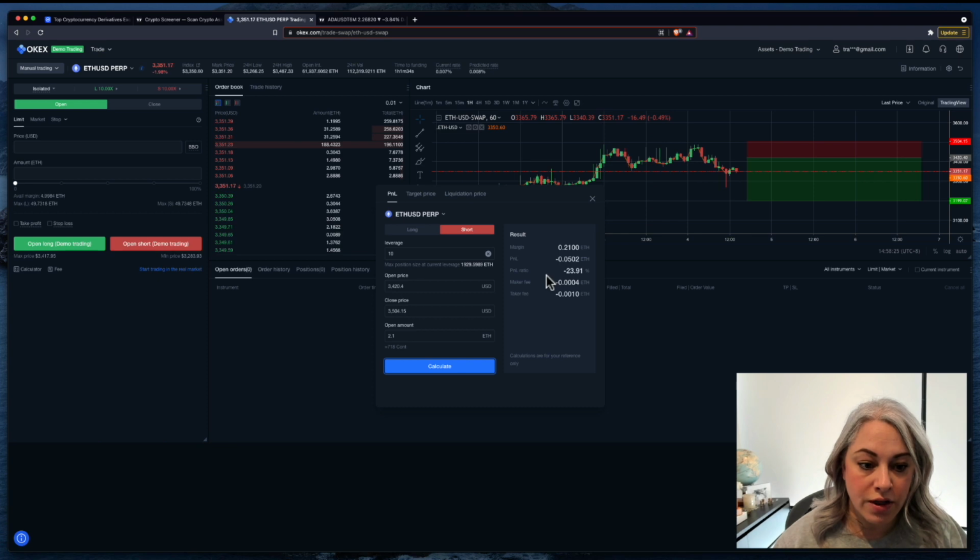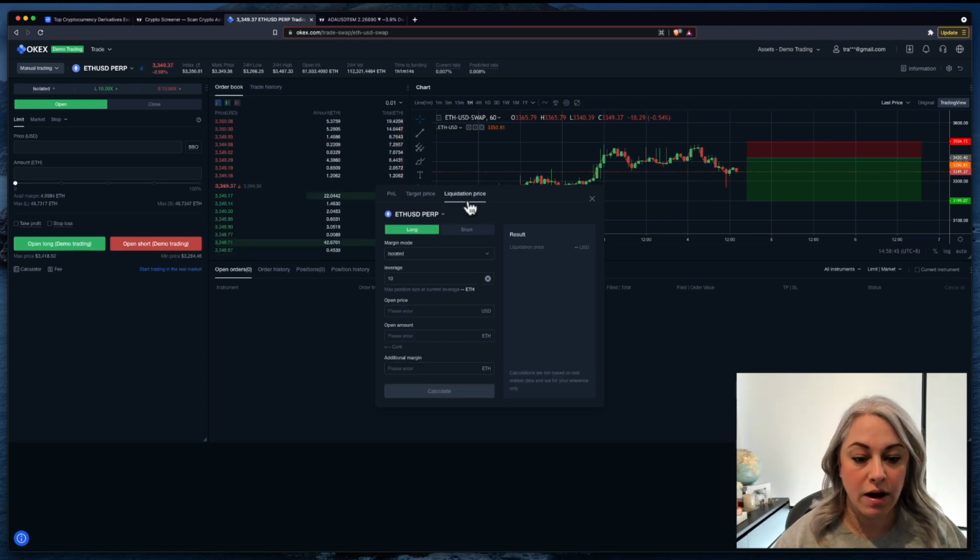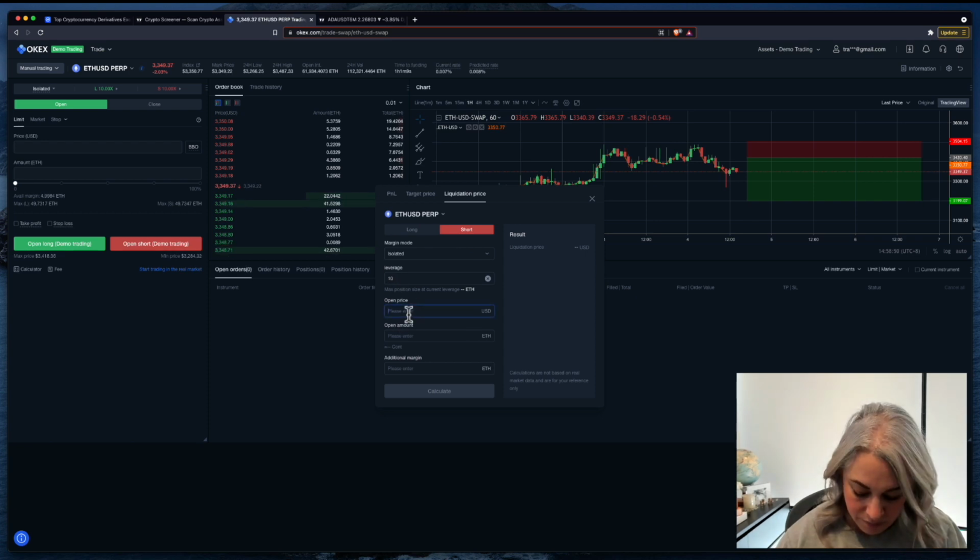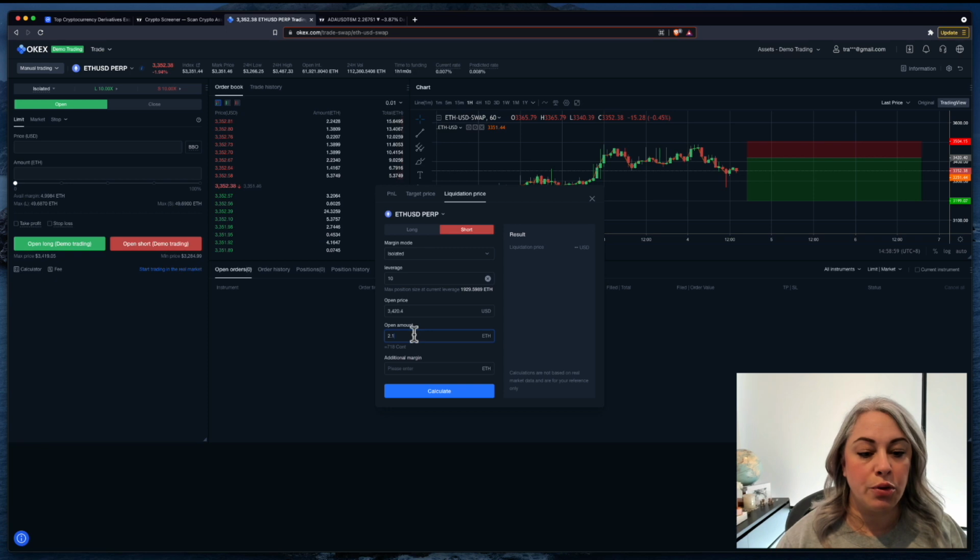So now that I know that, I can also calculate the liquidation. So I'm going to come over to liquidation price. Again, short isolated 10x. Open price is the same. The open amount is going to be the 2.1 ETH that I calculated. An additional margin, I'm going to leave this as 0 because it's basically asking me what is the account balance left up here once I've entered this trade so that I can add margin should the trade be going the